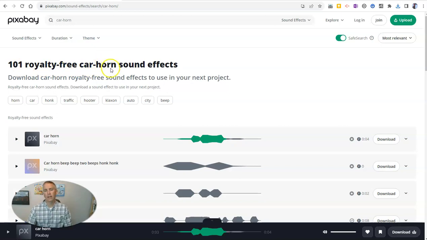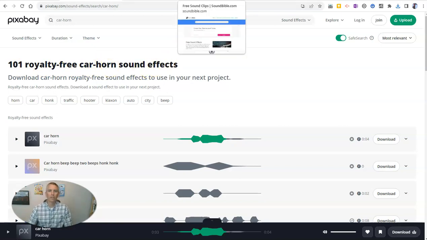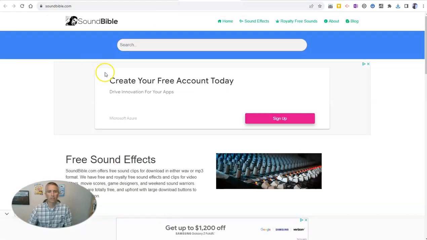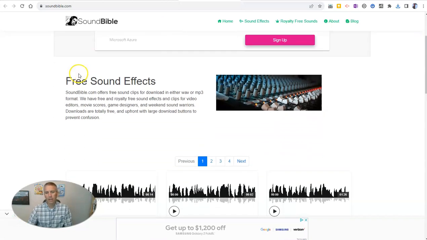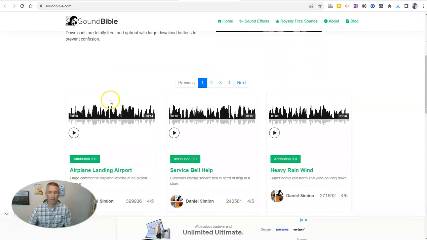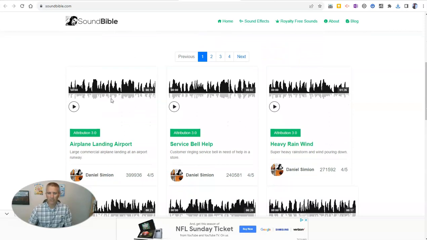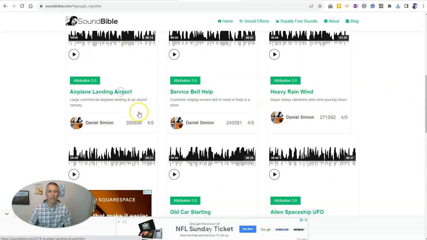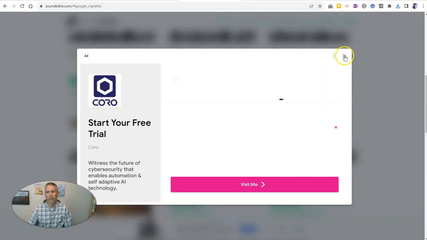Now, speaking of sound effects, another place that I've often gone for sound effects over the years is a place called Sound Bible. It's been around for a long time. There is a lot of advertising on the site, and you do have to check the attribution license carefully before you use it. But let's say I get my airplane landing,